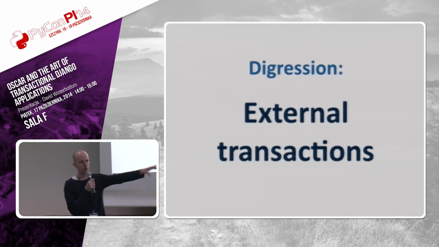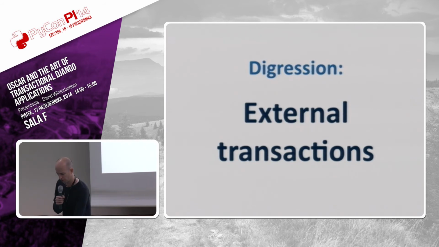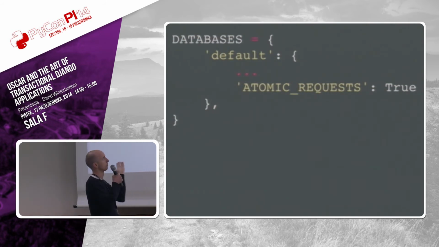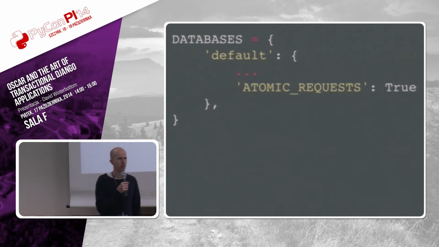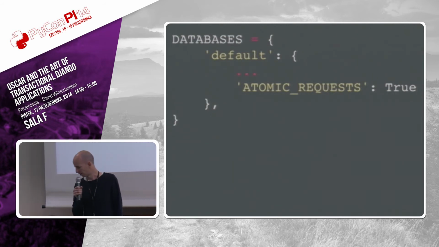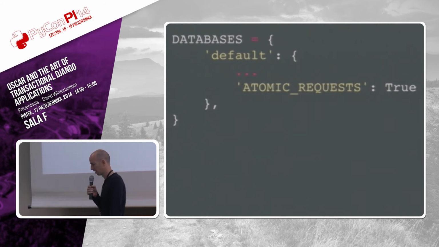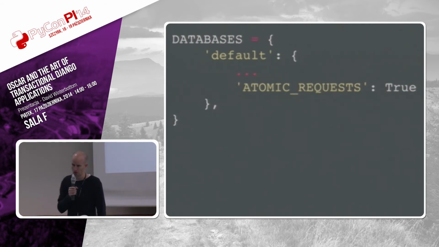So, transactions on a different system to yours, because on the sites that we build, we often wrap the whole request response within Django in a transaction. And this is how you do it as of Django 1.6, I think. You can use this atomic request setting. That's really useful, especially if you're ever writing out multiple models in the same view or the same request. This is a good thing to do. It does incur some overhead, but generally you have to be hitting quite a lot of traffic before it's worth backing out from this and doing things manually.